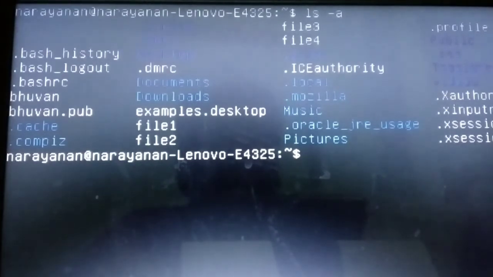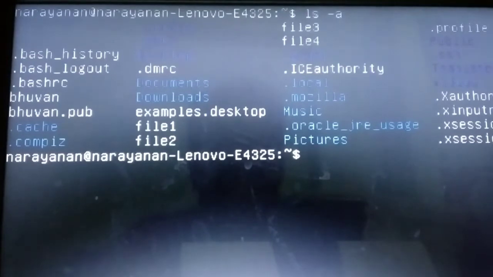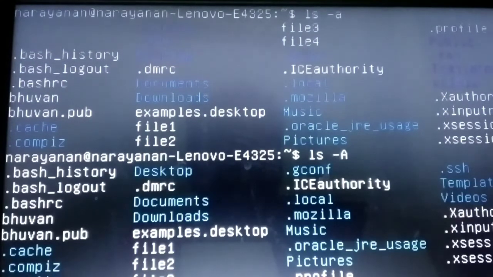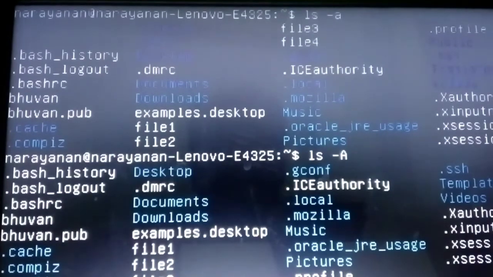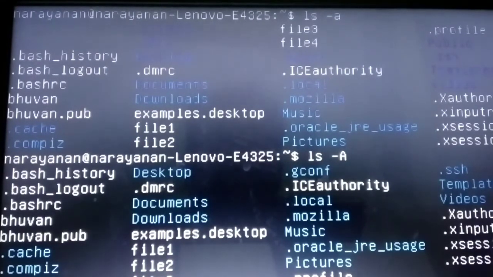And also it is displaying all the files including the current directory and parent directory. ls hyphen capital A, it is displaying other than current directory and parent directory. This is the difference between option small a and capital A.